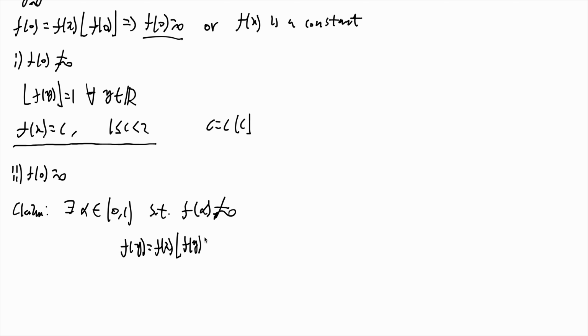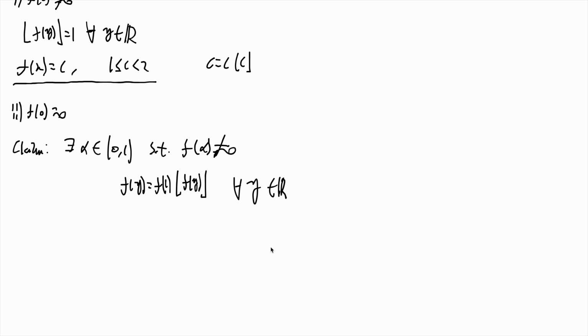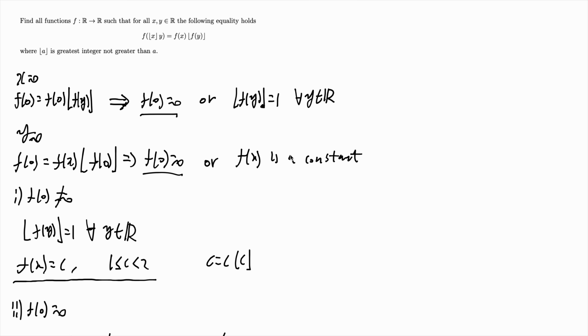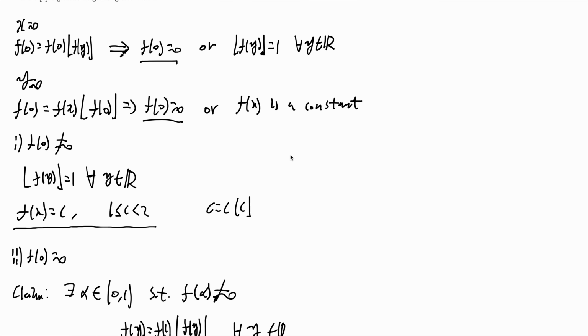We get this is true for, it's 1. We know that this is true for all y in real numbers. Because this is true, we could safely assume that, no, let's not assume it first. When we substitute 1, we get